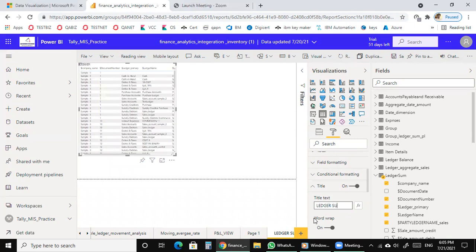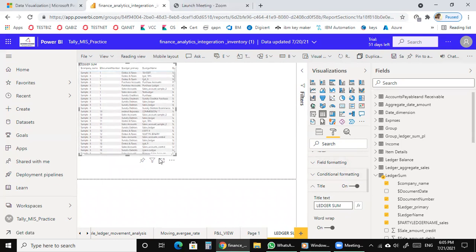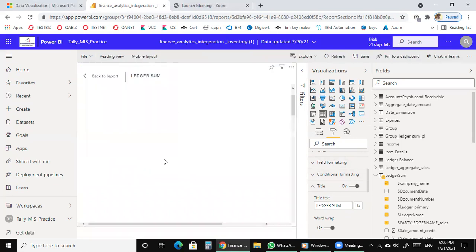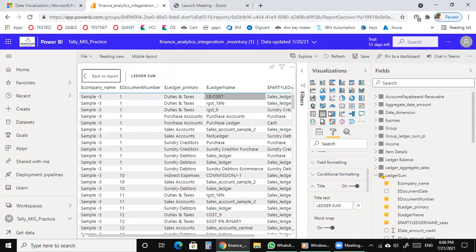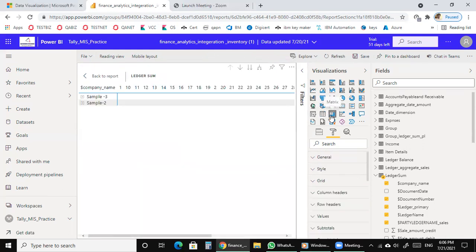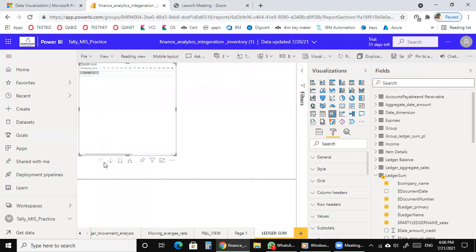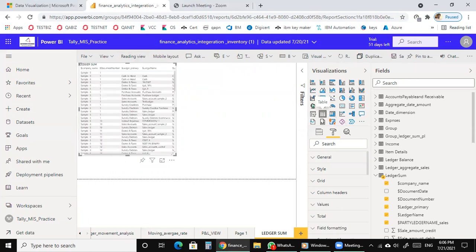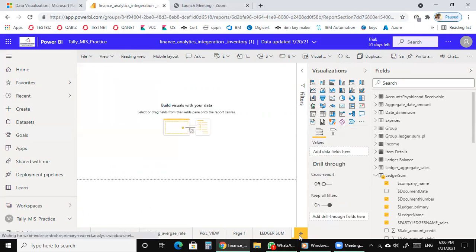Here my heading is there in the table. This is my table, and this is my matrix one, and whatever is there in the matrix, I can show. This is my table one.